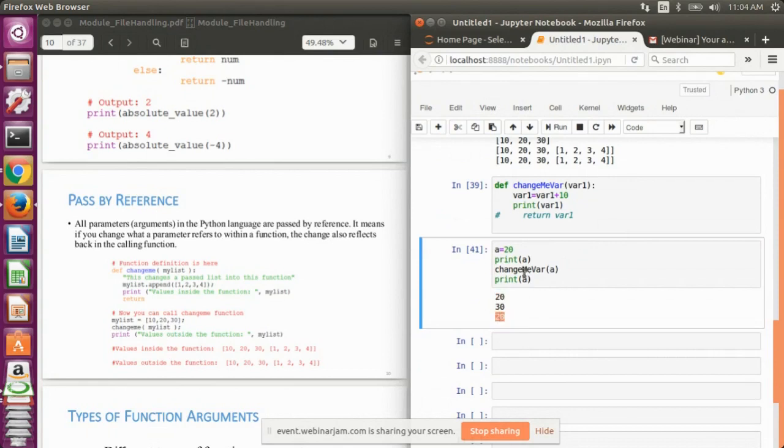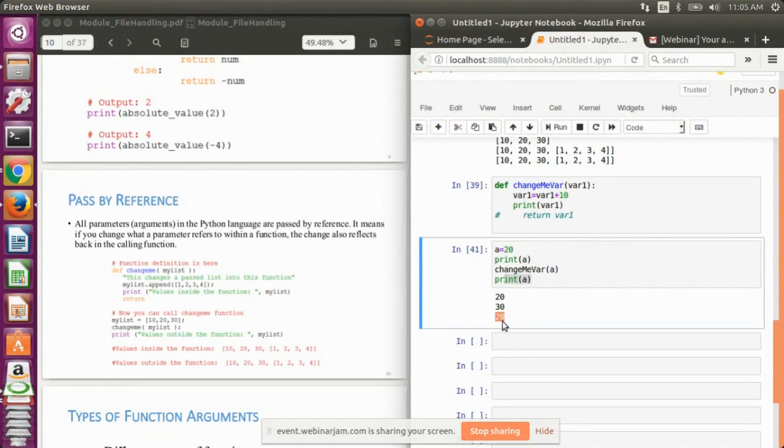It means the flow of the program is, first we define a as 20, then we print the value of a, then we pass the value of a to our function, change me, where 10 was added to this particular value and it was printed, because of which we received the value as 30. Now after calling the function, I again print the value of a outside the function. The value of a that we got in the output is 20. That means the value of a has not changed by the function.